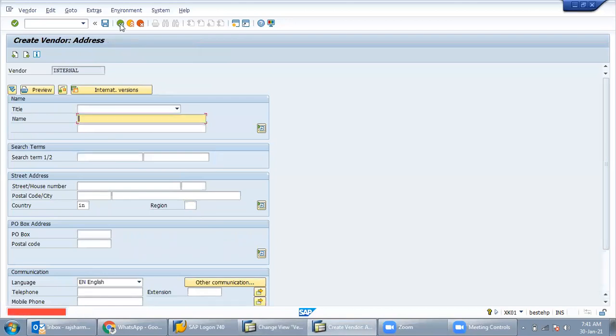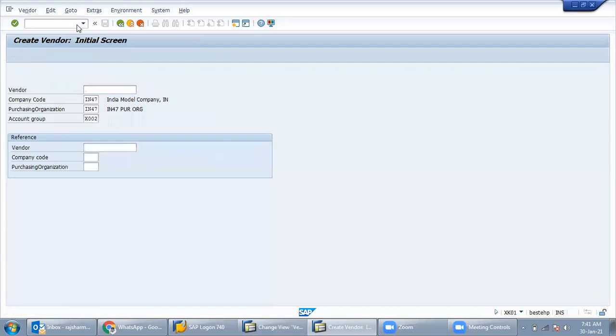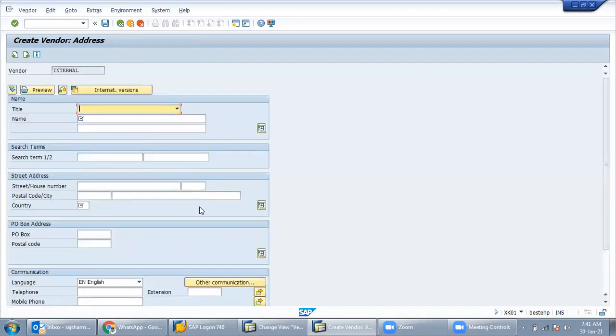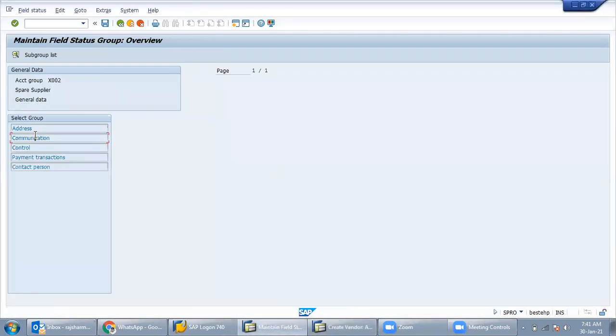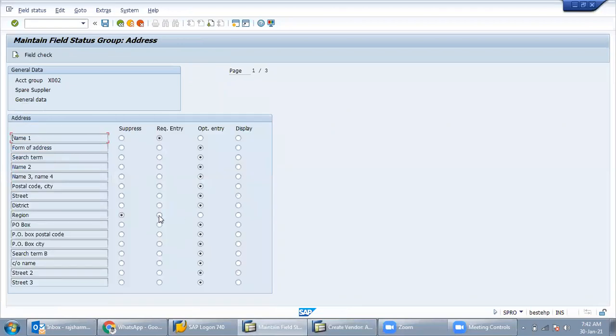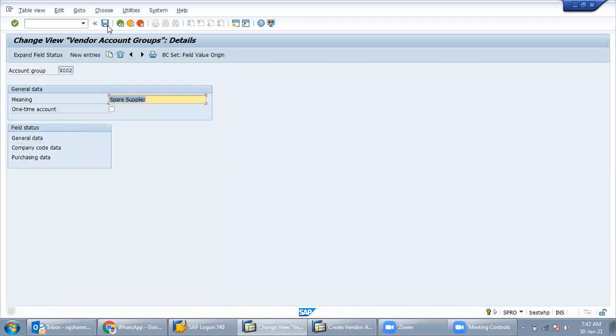Just go back to XK01. See, the region field is invisible now, right? Yes, the region field is not coming here. So we will again change it to required entry and save.